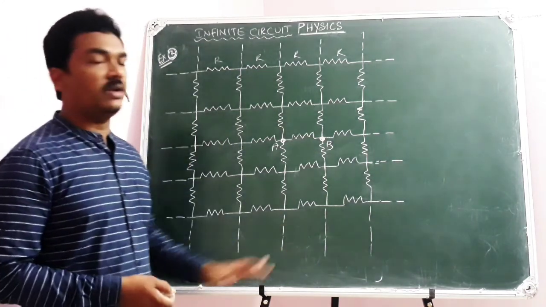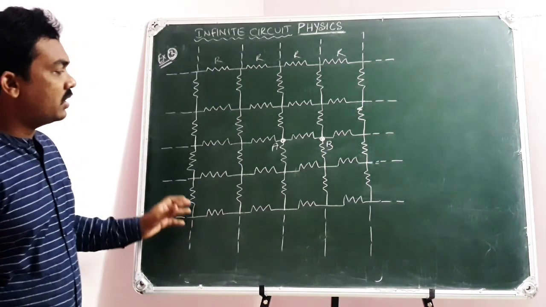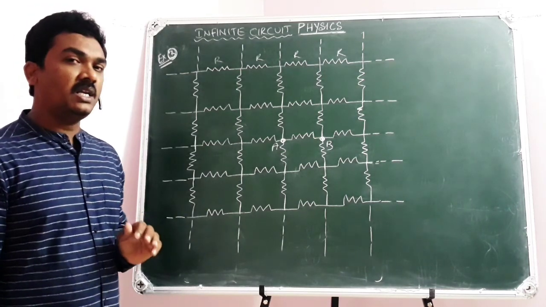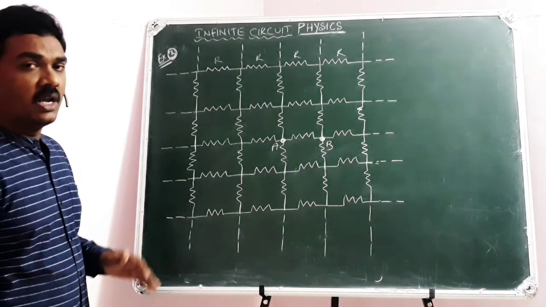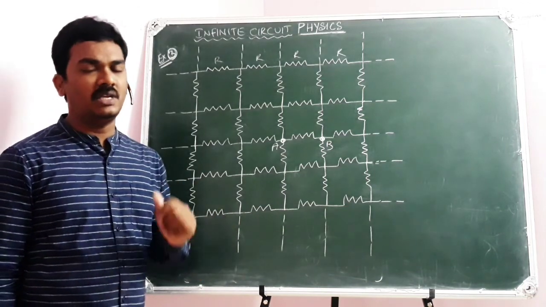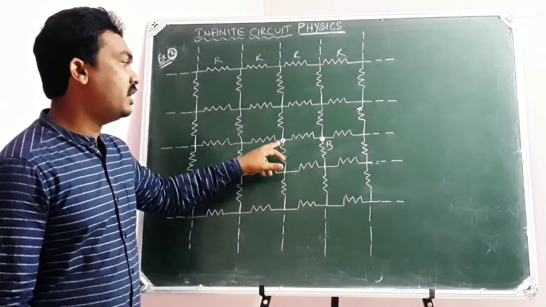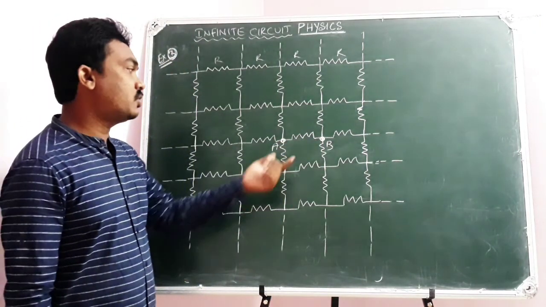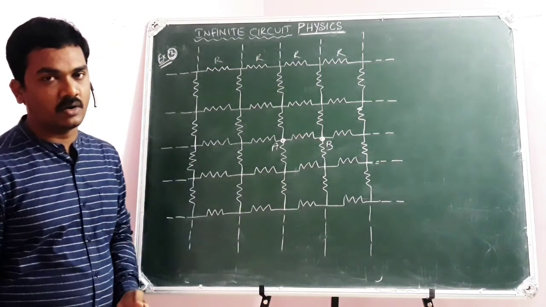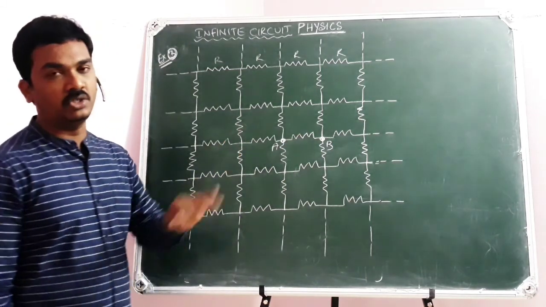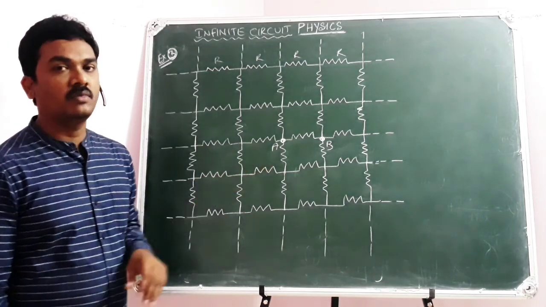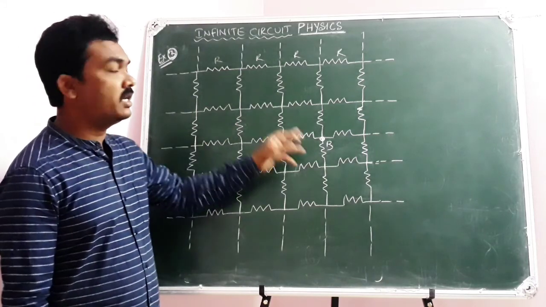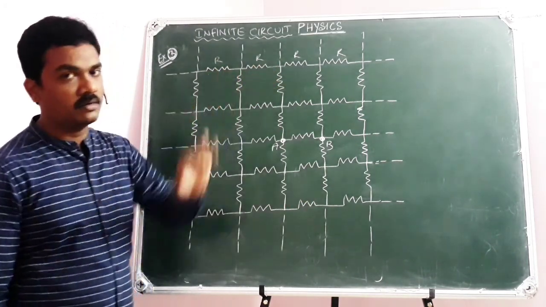See, in this group of infinite resistors, there is a closed electric circuit of infinite resistors, and I wish to calculate equivalent resistance between any two adjacent corners. Let me take A and B as the two adjacent vertices or corners, and I wish to calculate equivalent resistance across AB. Here is the given question with the electric circuit, to calculate equivalent resistance across AB, provided all are identical resistors, each of resistance R.